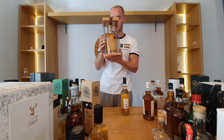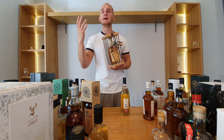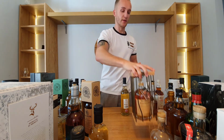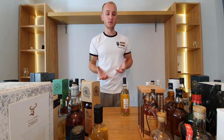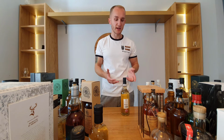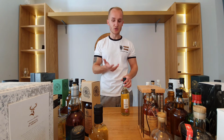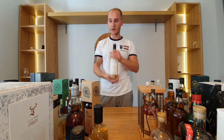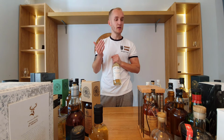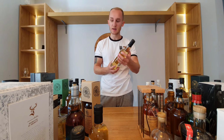Monkey Shoulder, this one isn't opened, but I'll always have a Monkey Shoulder in my collection, whether it's for cocktails or just general, easy drinking, because it's a good whiskey, a good blend. It's from the supermarket, you can pick it up at a great value, so it's always going to be in my collection. Another Carn Mor from Morrison Mackay, same kind of series, which I think is called Strictly Limited, but this